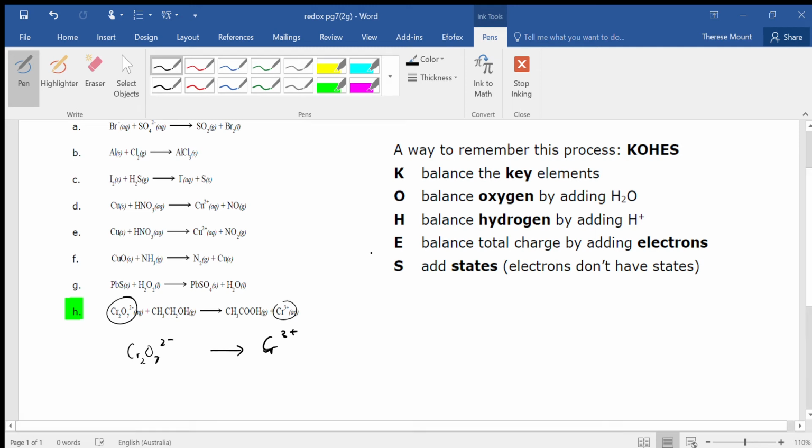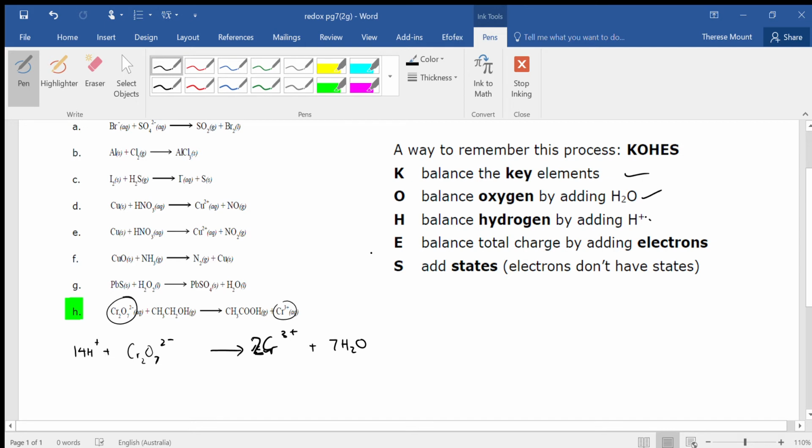So key elements, 2 chromium, so I'm going to add a 2 there, 2, okay, and then add oxygen, so there's 7 oxygen, so I'm going to have to add 7 waters to this side, and then hydrogen, so balance my hydrogens, 14 here, so add 14 hydrogens,